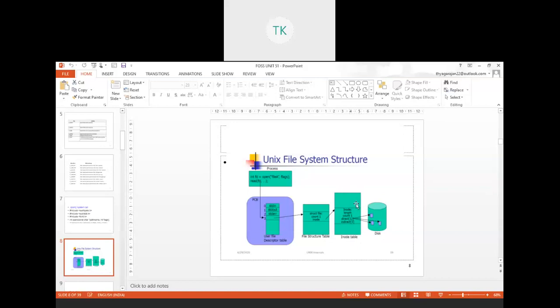So here I simply mentioned what is there in the inode block. The inode number, the size of your file, and at the same time pointers to your disk blocks, right? So like this, the file structure you need to keep in mind. So whenever we open any file,